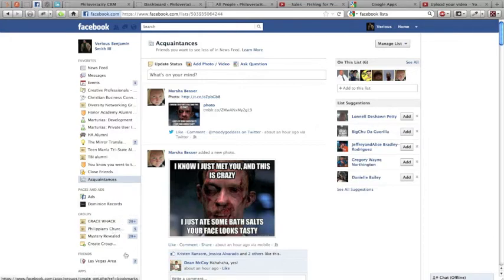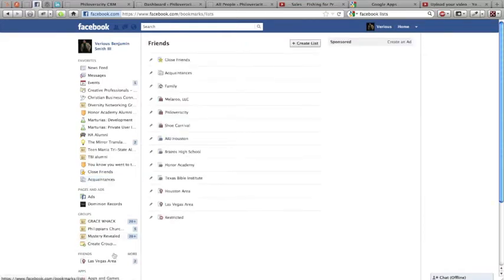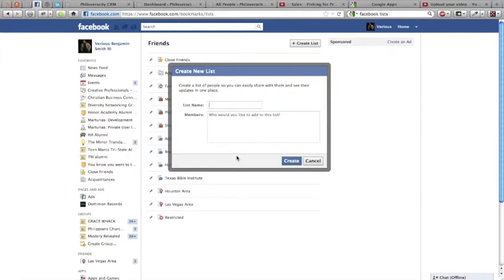So enough of that. If you go back to the list area, right there in the left sidebar, clicking on the friends, the more button, actually inside of this area, you can actually create lists. This is really cool about the list features because you can create a custom or specific list. If you click on the create button, I can, let's say, create a